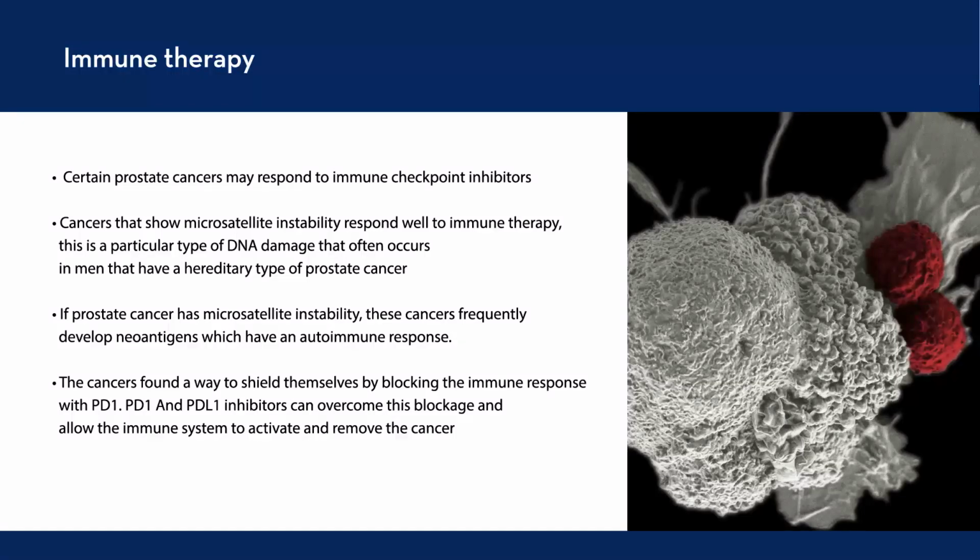If the prostate cancer has microsatellite instability, these cancers frequently develop neoantigens, which provoke an autoimmune response. And then the cancer has found a way to shield itself by blocking the immune response with PD-1. So the PD-1 and PD-L1 inhibitors can overcome this blockage and then allow the immune system to activate and